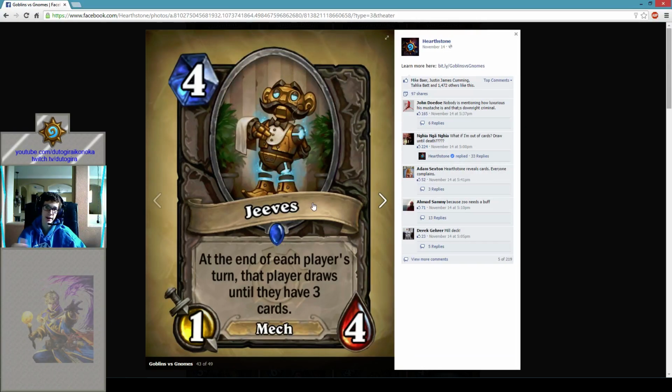Next up is Jeeves, a 4-mana 1/4 mech, whose text reads, at the end of each player's turn, that player draws until they have 3 cards. Okay, the stats are crap for a 4-mana card. But no, Jeeves is not going to be ran. In an aggro deck, he is too weak on stats to be good. But an aggro deck is the only thing that needs to actually be drawing to where they have a total of 3 cards and who plan to be consistently under...